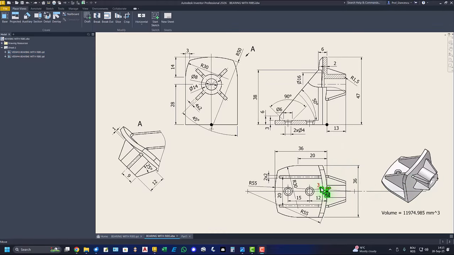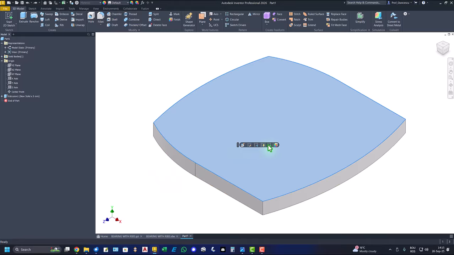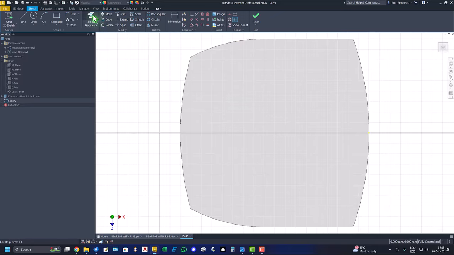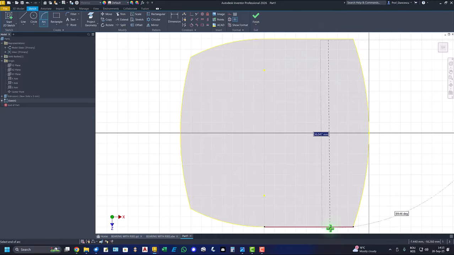Dimensions are 3 millimeters between these two arcs and 47 is the full distance. Keep in mind that we have 3 here. We select this face for a new sketch, project geometry, all, contour, then we draw an arc between these two